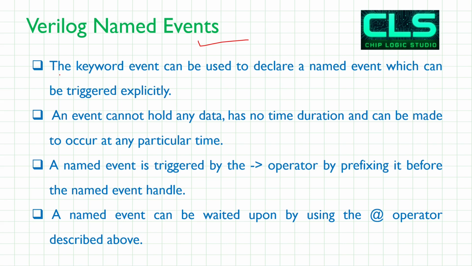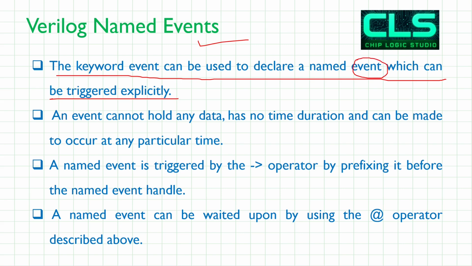It is a triggering event, but not used like you are at the passage of a clock. The keyword event can be used to declare the name event which is triggered explicitly. So you can understand this like event is one keyword, similar to your data type, and it is triggering. So two things are clear: we will use event as a keyword, and some triggering mechanism will be